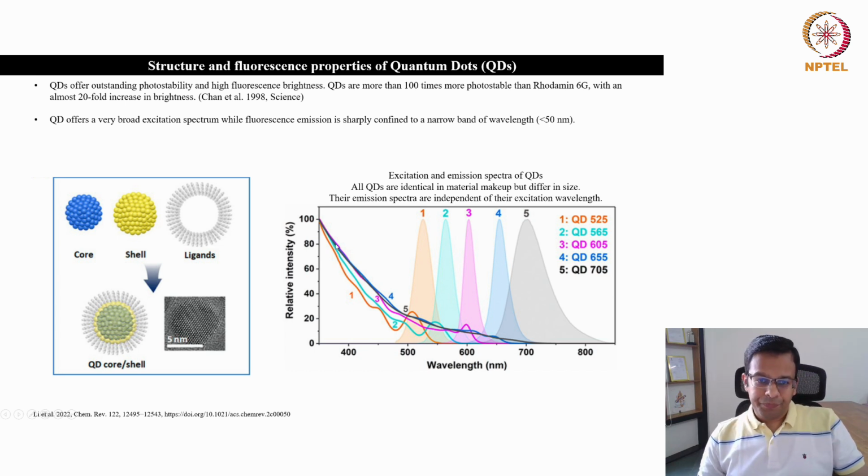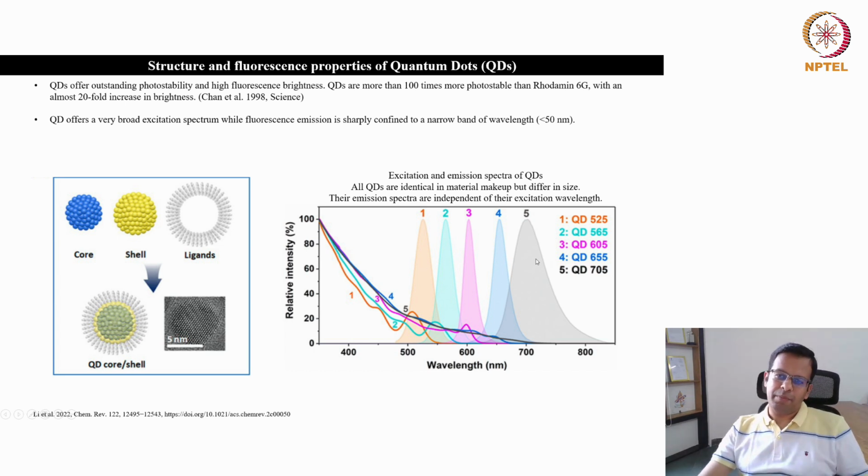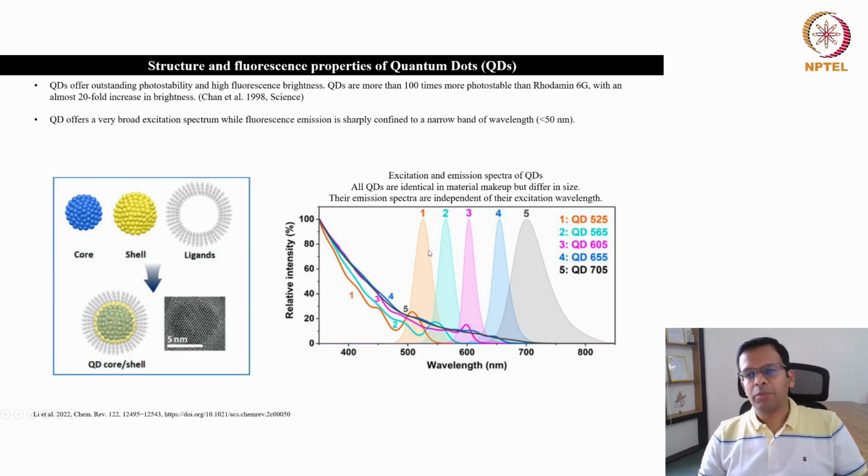Okay, so in a way that is a drawback. With quantum dots, you cannot easily go for multicolor imaging, because whichever quantum dot you take, it is going to get excited at the same wavelength. Okay, so there is no specific wavelength for exciting one particular quantum dot. Even if you are using light at 400 nanometers or even 500 nanometers, all 5 of them will get excited and give emission in different channels. Okay, so for multicolor imaging applications it may be a little problematic, but as long as you want to image just one or at most 2 colors, you can still manage with quantum dots.